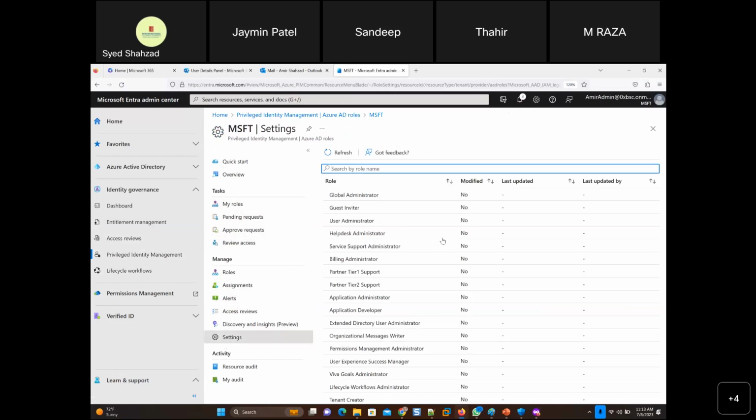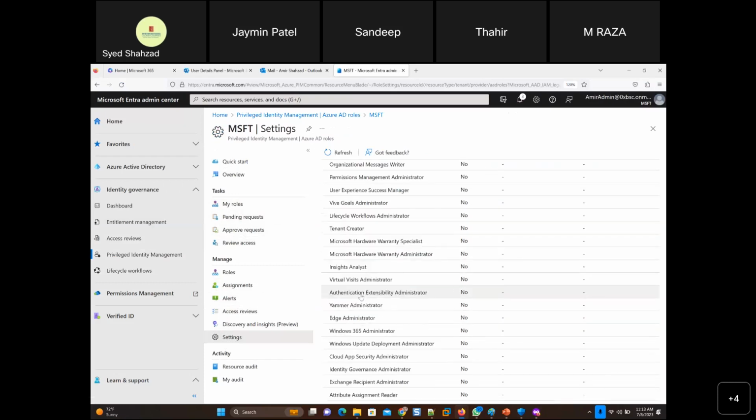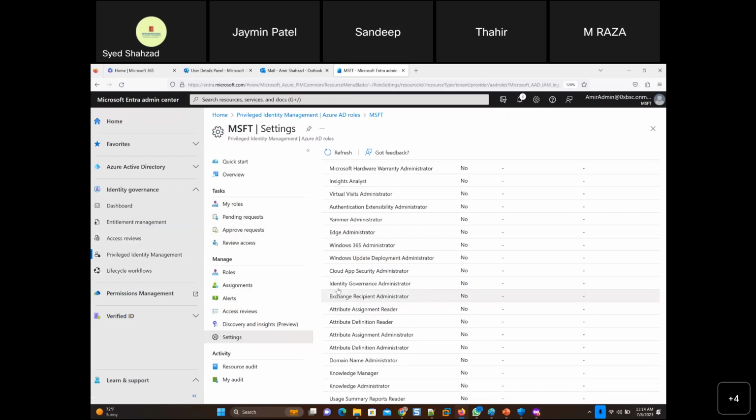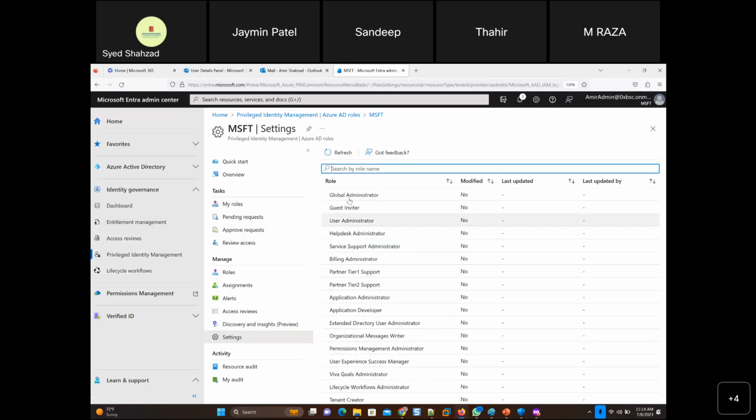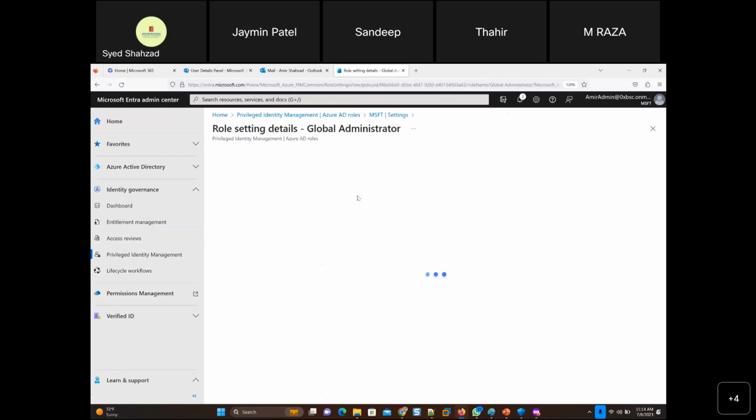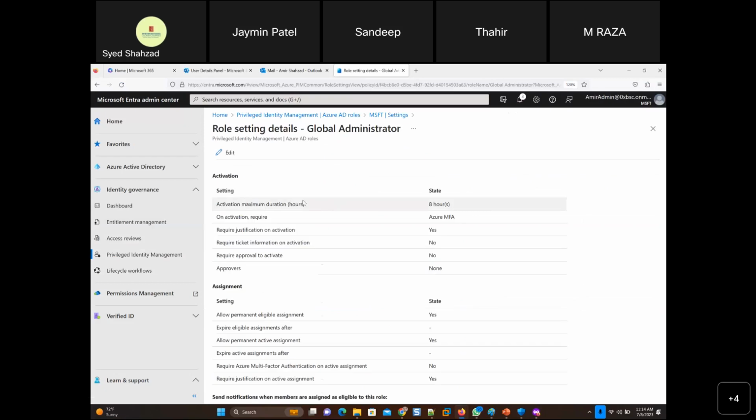In the settings area, there's Global Administrator, not modified, and these are all the Edge Administrator, Exchange Administrator. There are settings there. If I click that, it says, hey, the Global Administrator role, do you want to give it to any user for maximum hours? What happens after 8 hours?